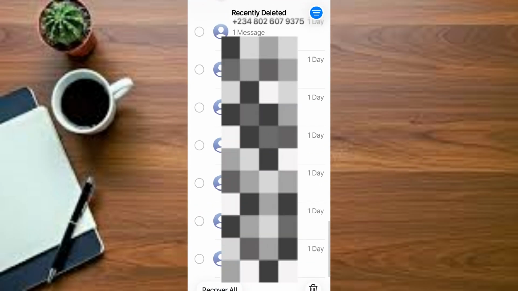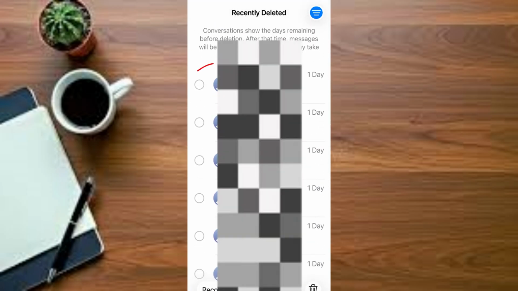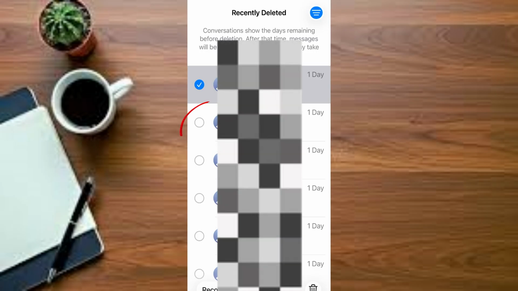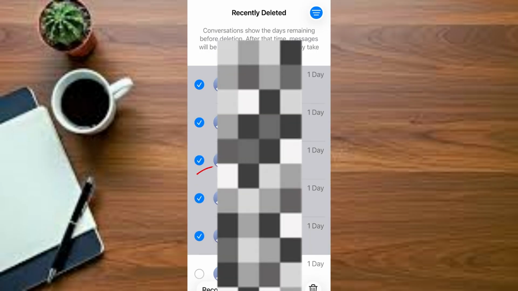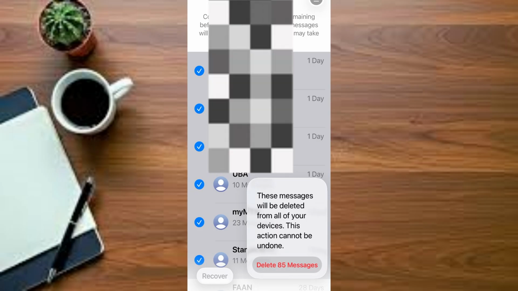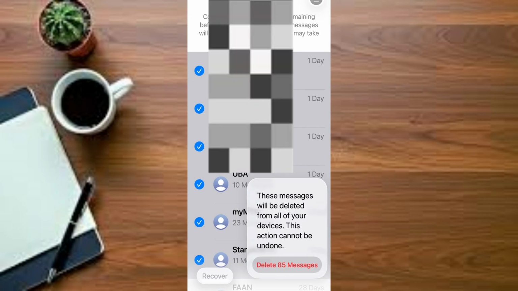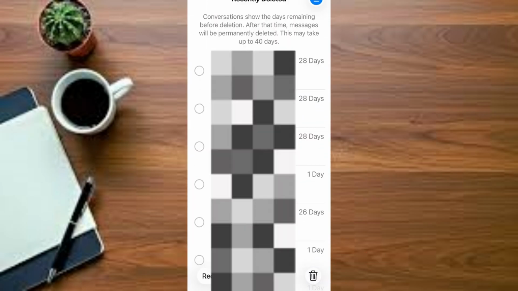You can see now. To delete this message permanently on your device, tap on it like this to select the message you want to delete. Now let me select some of these messages, then tap on this basket icon, then tap on the option that says delete 85 messages. If you want to completely delete them, tap on the delete button, then wait for that message to